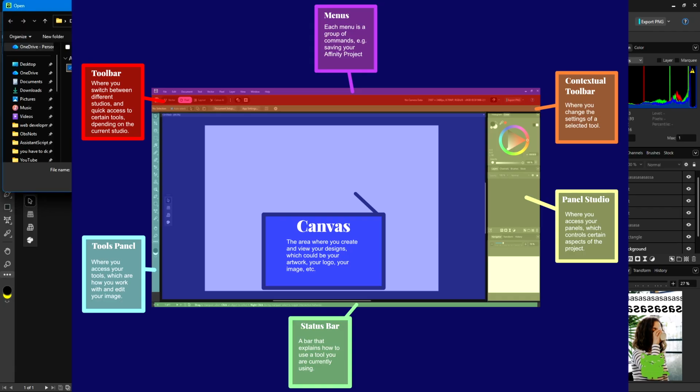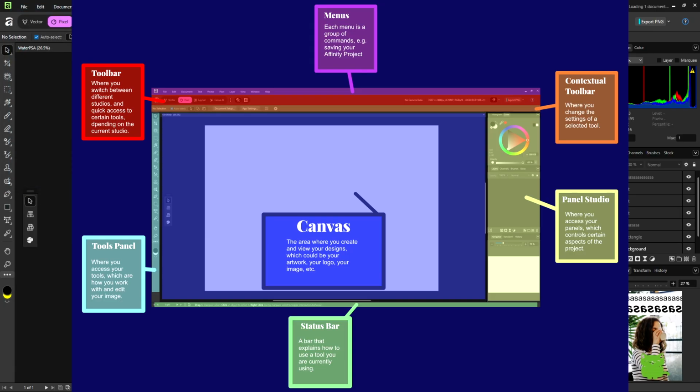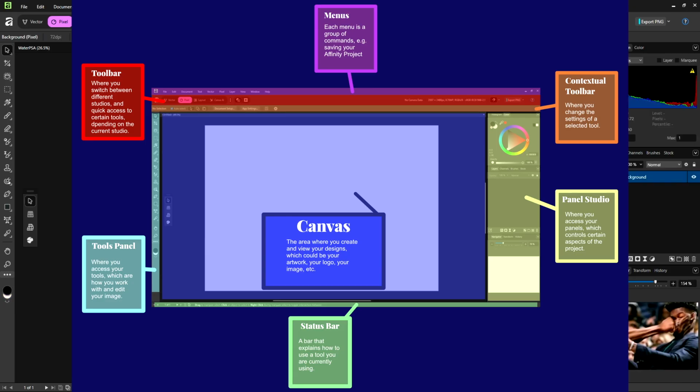I'll open this one. And as you can see, we now have two tabs: the WaterPSA file and this other image that we have opened. So in Affinity, you can actually open multiple files and you can access each open project by referring to these tabs at the top of the canvas.